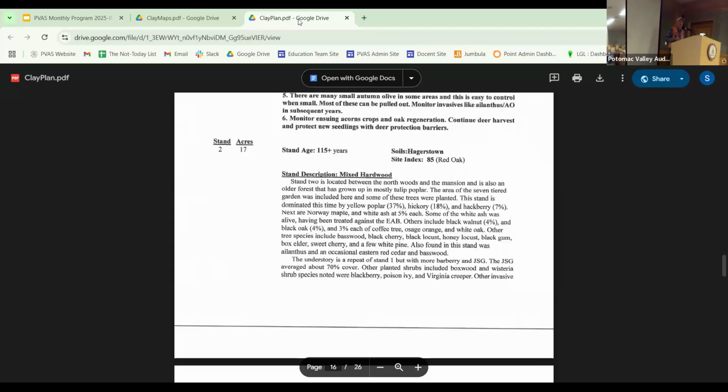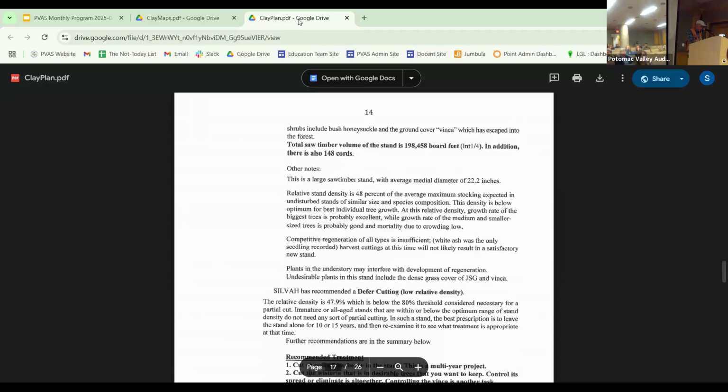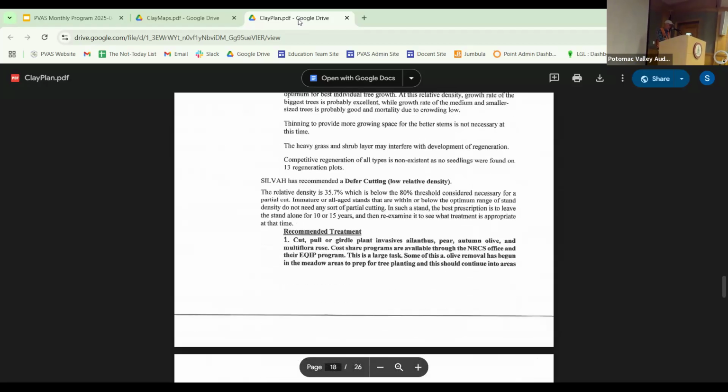I'm telling you, even if I found 400 oak seedlings per acre, they're all just deer food. They're only a foot tall. They're never gonna go anywhere. All right, so that's my soapbox with the deer, but each plan is described in detail,